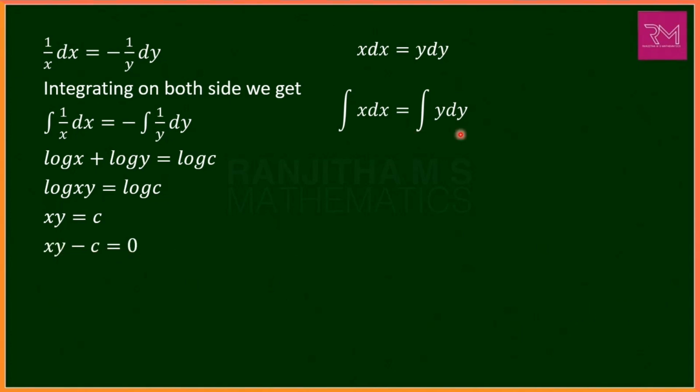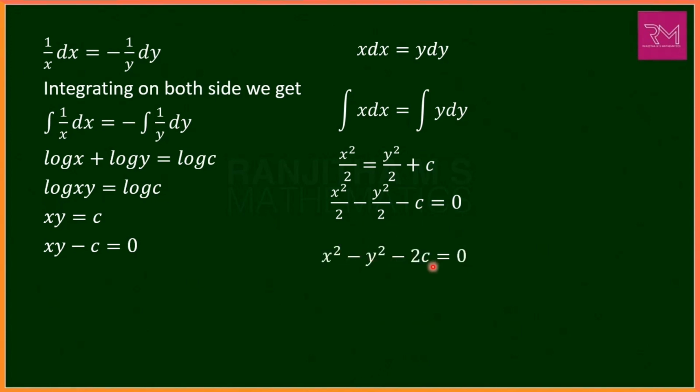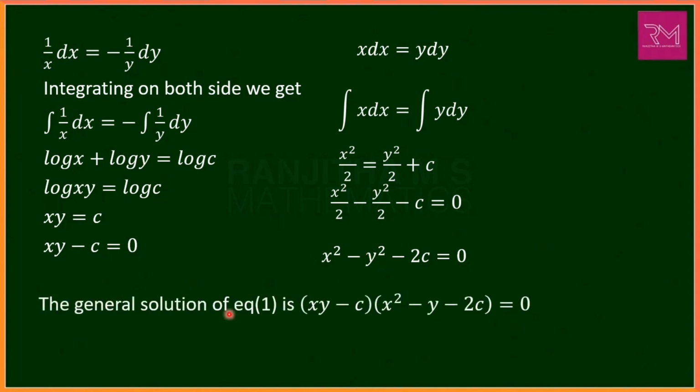Similarly, applying integration over here, integration of x dx is x² by 2, which is equal to integration of y dy, y² by 2 plus c. Taking all this value to the left hand side, we get x² by 2 minus y² by 2 minus c equal to 0. Here taking LCM as 2 and simplifying, we get x² minus y² minus 2c equal to 0. After obtaining these two values, finally the general solution for equation 1 is given by multiplying